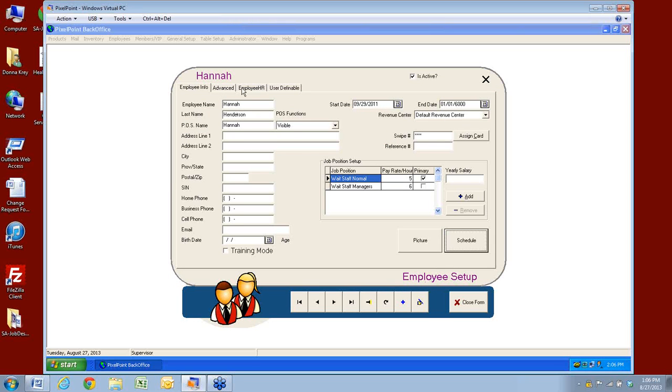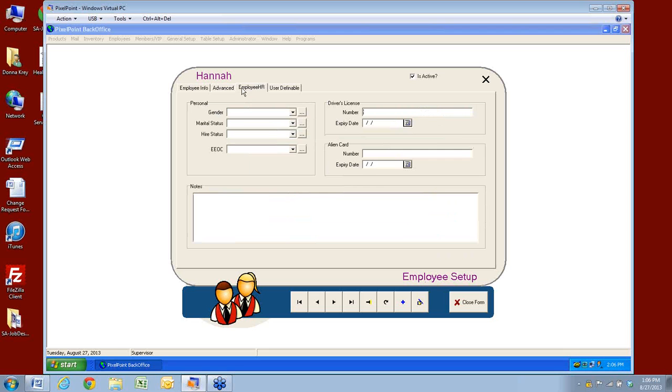We did advanced. Well, employee HR. So employee HR is just, again, if you're going to use the system to basically maintain employee files. Some of the stuff that you might put inside of a paper file, you can put into the system, and therefore you can always have it accessible. So gender, I'll only give you 2 choices, male or female. Marital status,